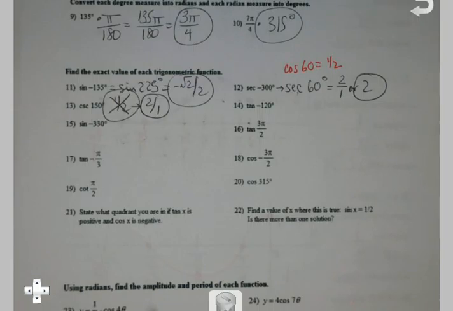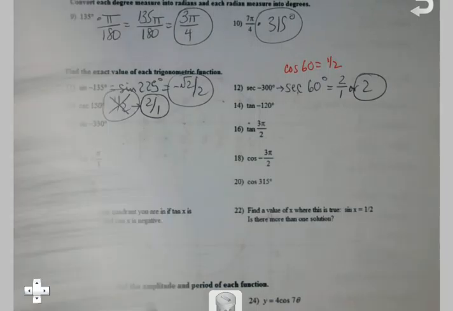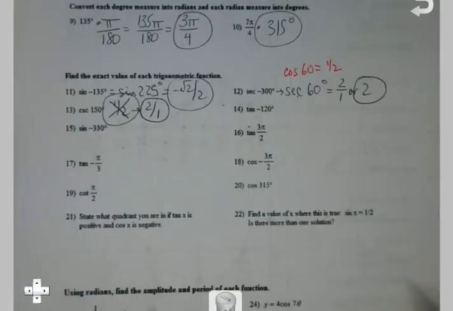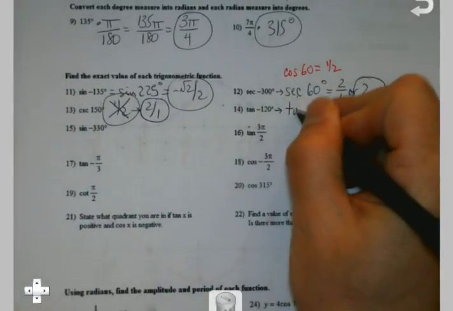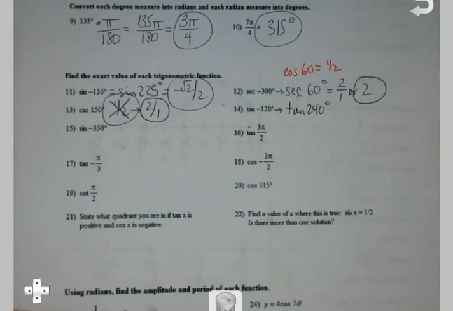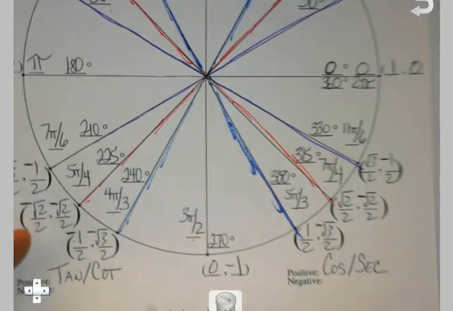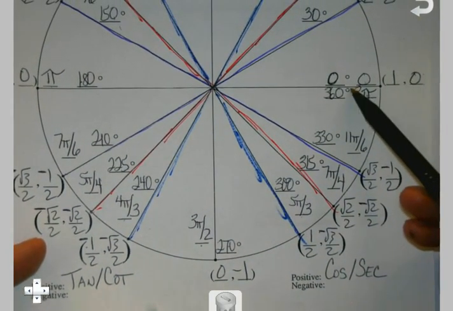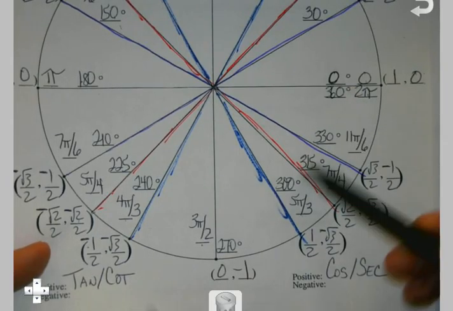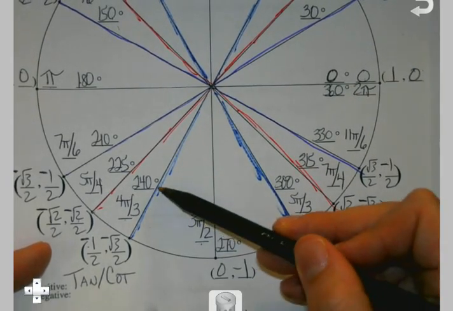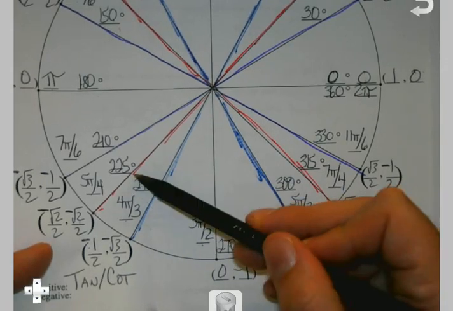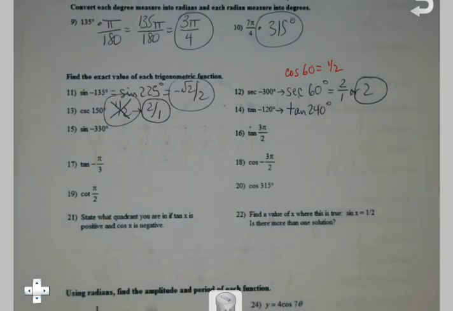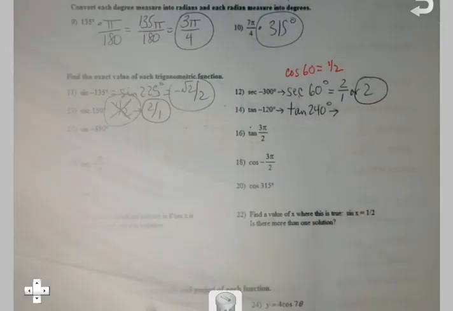Okay. Next twist. Tangent of negative 120. Let's get the angle measures fixed first. Negative 120, what's that in positive speak? 240. Okay, so let's break this down. When we're doing negatives, we go the opposite direction. So here's 90, here's another 30. It's the equivalent of 240. But tangent of 240, remember our little note,